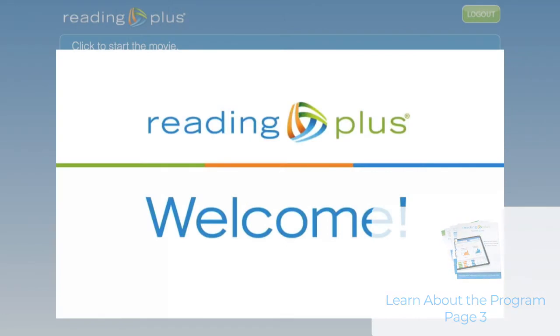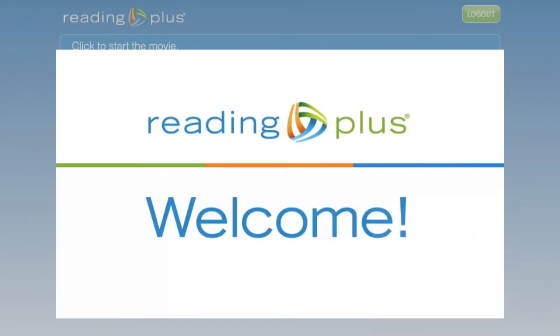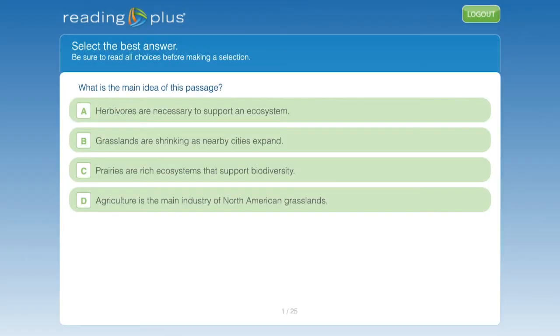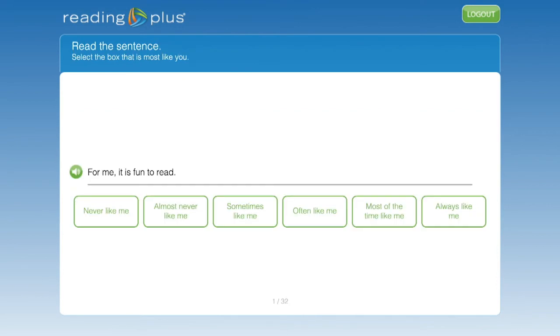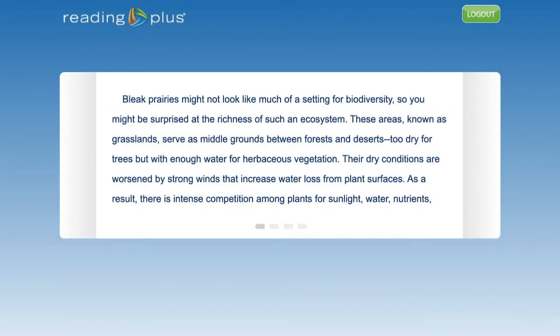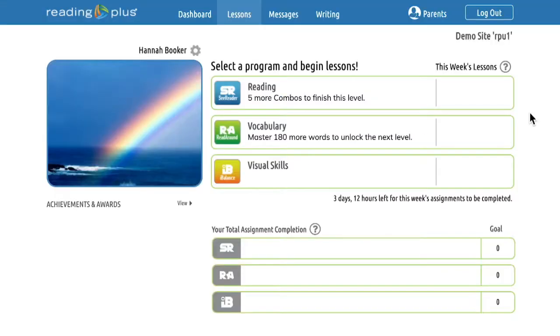When students first log in, they will automatically begin the Insight assessment. Insight measures each student's comprehension level, vocabulary level, motivation to read, as well as their fluency and efficiency with reading. After students complete the assessment, they're automatically placed in the online lessons that are just right for them based on